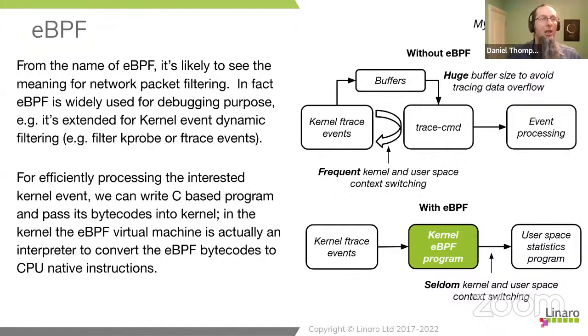So just an idea of the world without eBPF. Without eBPF, what we're doing, if we're doing any kind of profiling or analysis of the system, is we're gathering a whole bunch of events. We're using ftrace events as an example. They're going to buffers. They're being thrown into user space. The user space is perhaps stored into the disk or to RAM somewhere. And eventually it goes into event processing to synthesize some statistics for us to help us understand why we've missed our deadline.